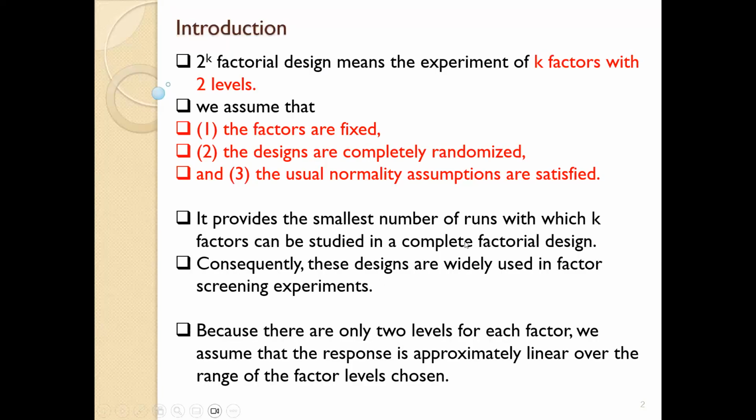For this case, the factors are fixed and the design is completely random for the 2k. And also we use experiments based on normality. You have to check the level is normal. Your technique is accurate for this case. And also it provides the smallest number of runs with k factors that we would like to study. For this case, we usually use it as a